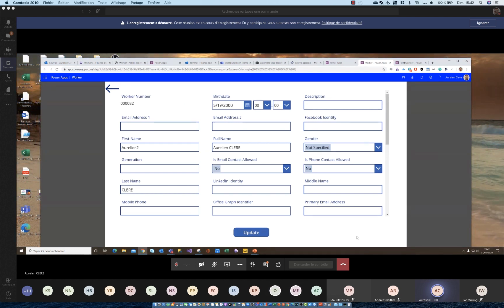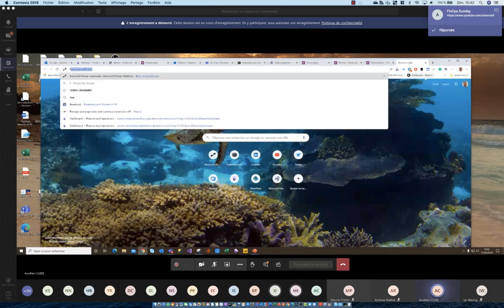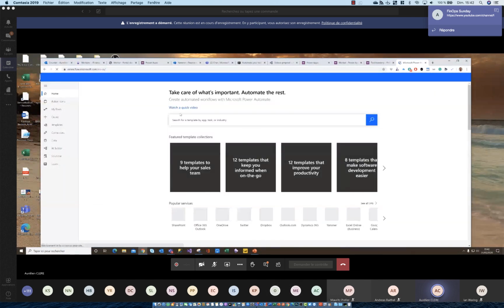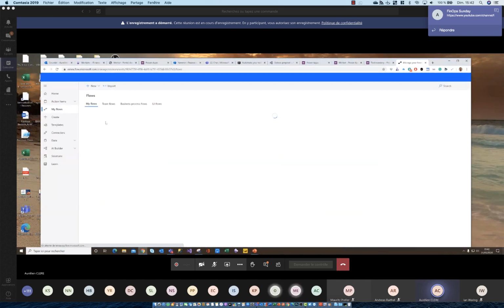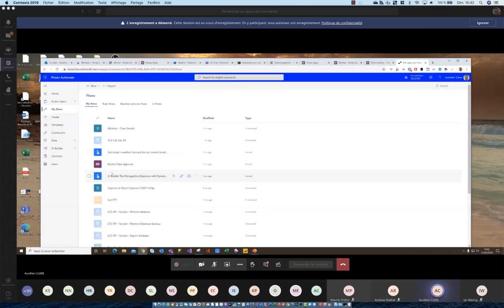When a sales manager wants to create a new vendor or new customer, you push this application to this user. In a Power Apps application you can push every field, every piece of data he wants, and after that he can click on update or create on the Power Apps Canvas application, like me. And after, on every button event in Power Apps, you can handle it with a Power Automate flow to have an approval.